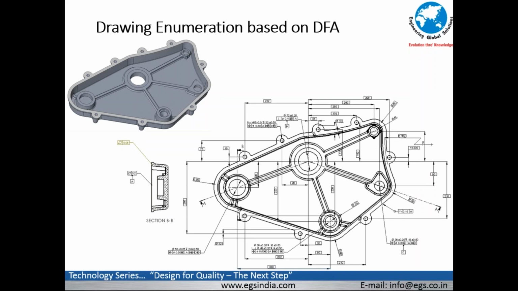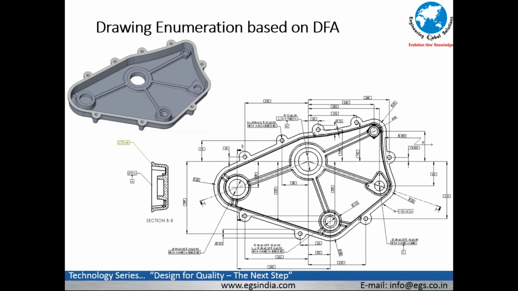As can be seen, the tolerances being enumerated on the drawing are typically the tolerances that a designer would give, depending on what he deems fit in terms of the quality objectives that he lays out for protecting as a result of the drawing that he is releasing. So at every stage of the way, we are releasing drawings based on datums and the dimensional schema arising out of the design for assembly process, dictated by the design for quality process, where measurable objectives are brought into the picture.